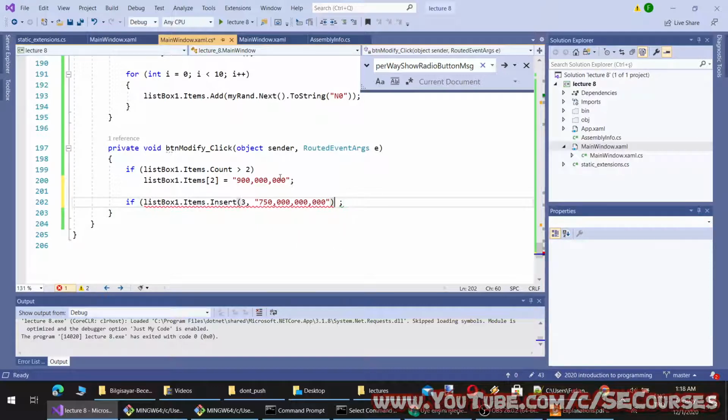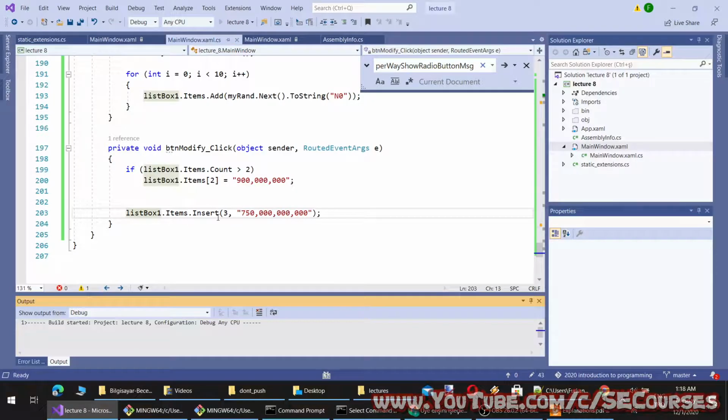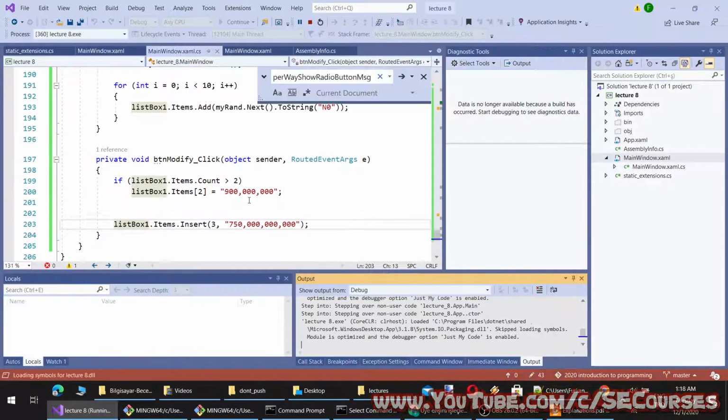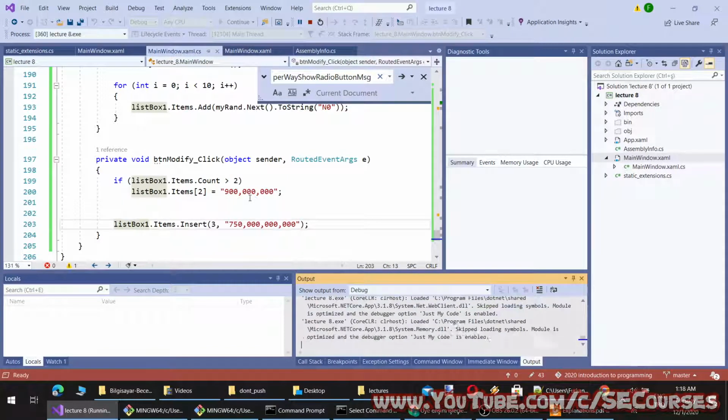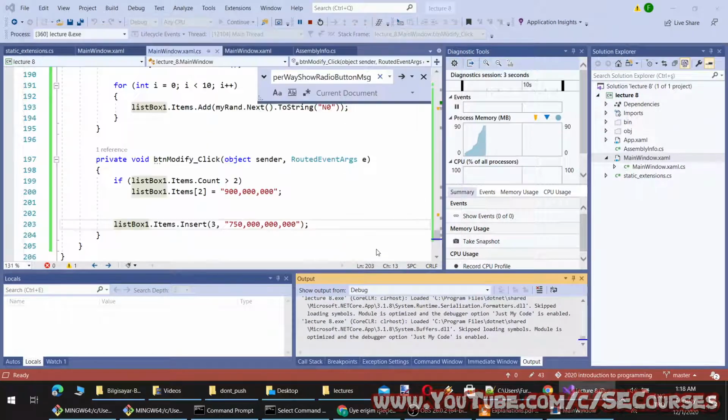And for this to work, this time how many items do we need? Let's see. I think this will also throw an error if there are not enough items in the list box, but I am not sure if it has a default handling behavior.